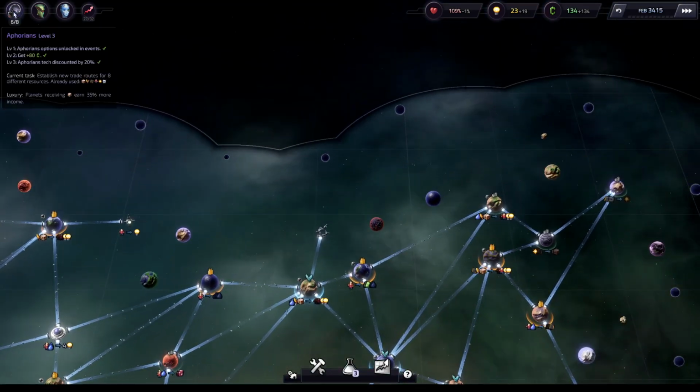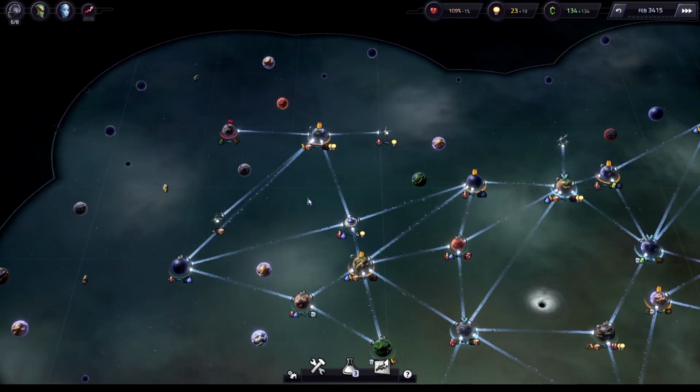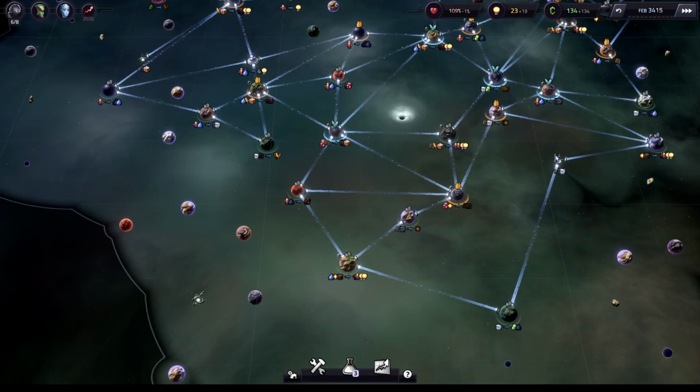Okay. I also want to take a look here because Aphorians wants us to establish trade routes for 8 different resources, and we've done most of them. We've done 6, so which ones can we still do? Water, biomatter. Water and biomatter? Is that it? Yeah, 8. Yeah, there's 9 resources in the game. Or there's 8 resources in the game, but because we have energy, we can skip one of them. Right. So basically it's asking, deliver every resource. It's like, okay, right, but...